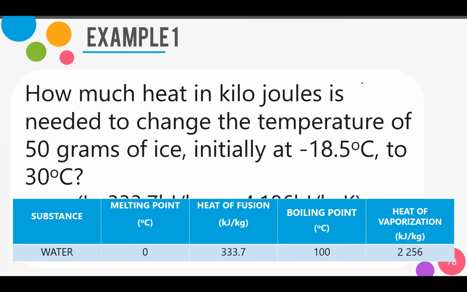But since it continuously absorbs heat as it changes its state, di natin pwede na directly solve for the heat absorbed of the ice from negative 18 to 30 degrees Celsius, just like what we did kanina. So ang gawin natin dito is first